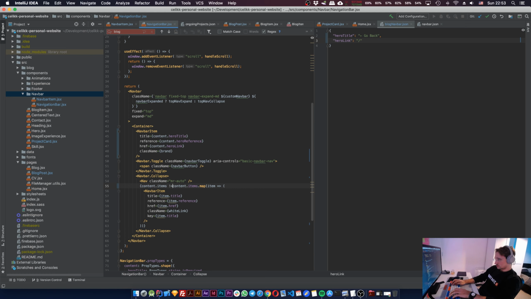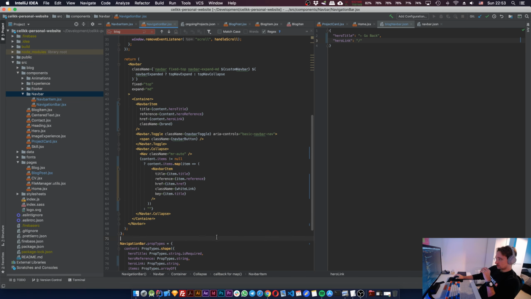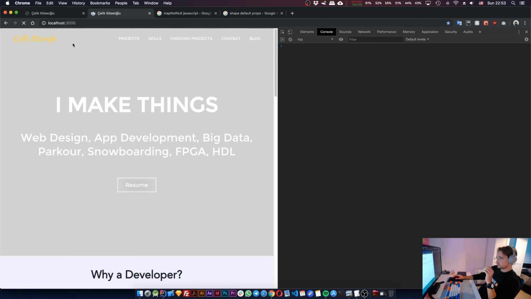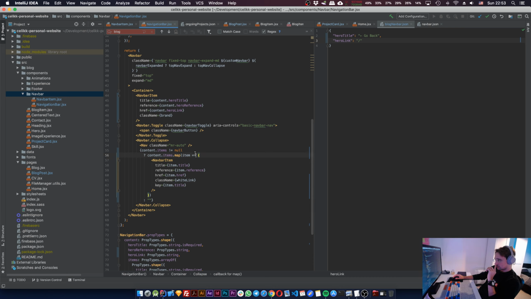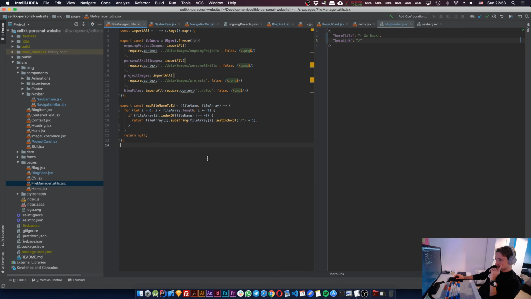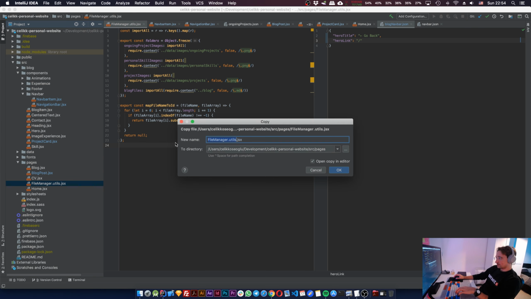items null. Yeah, that could work. That's such a hacky way to do it though. I know what I can do. So I have a utils, right? I can paste this file, call it